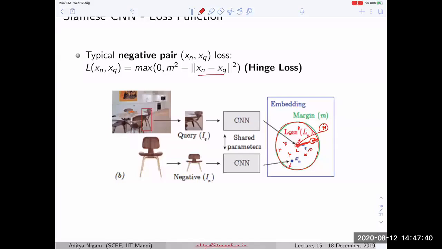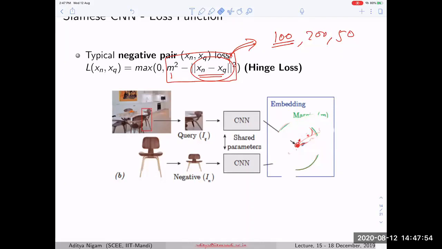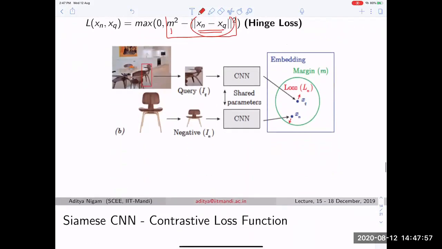Because as soon as two guys come close, we will see how close you are and whether you are within the limit. If you are not within the limit, I am going to charge 100 rupees, 200 rupees, 500 rupees. What does it mean? This means that if you are here, then a small amount of loss. If you are here, probably more loss. If you are here, then even more loss. And if you are very close, then you are going to have to pay. So here you will have to pay 100 rupees, 500 rupees, 10,000 rupees.